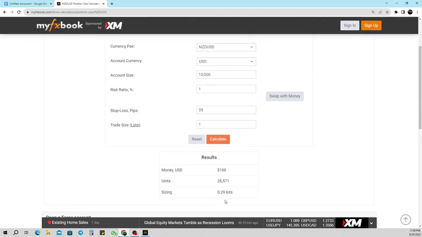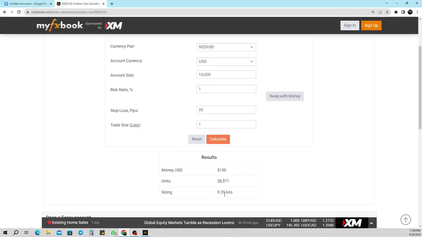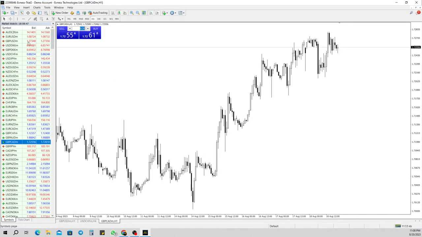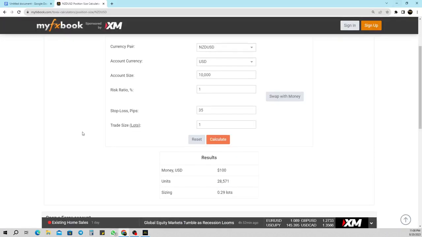So if you're trading NZD and you got this signal, what you have to do is open 0.29 instead of 0.39. So now, for example, if you were to open this trade, you are just going to click here and use 0.29 as your trade size or the lot size. So that's how you are going to calculate your risk